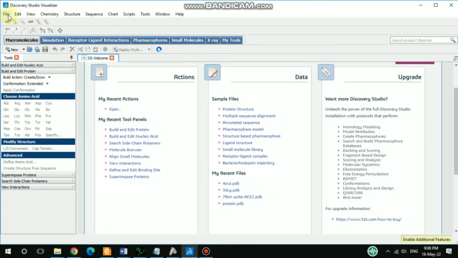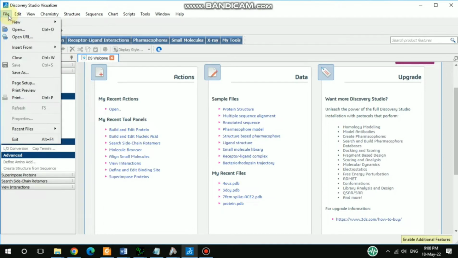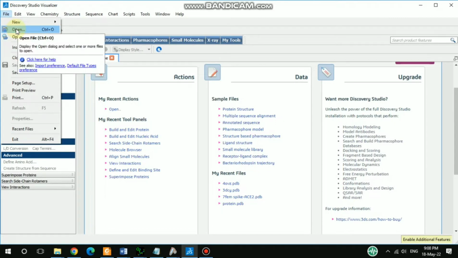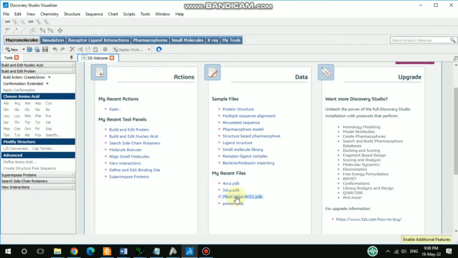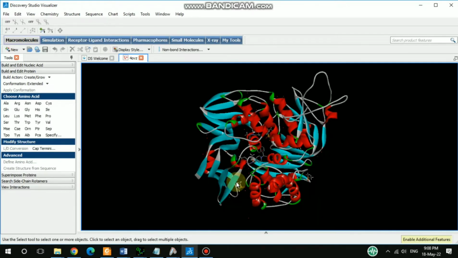You can start from here. If you want to open your file, you can start from here, open, and then it will redirect you, and you can choose your file. So right now I'm going to start from here. I already have one recent file opened. So this is the protein structure,